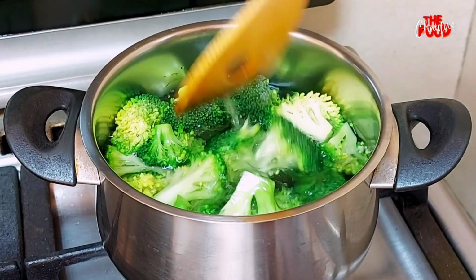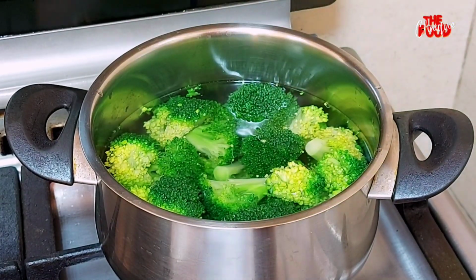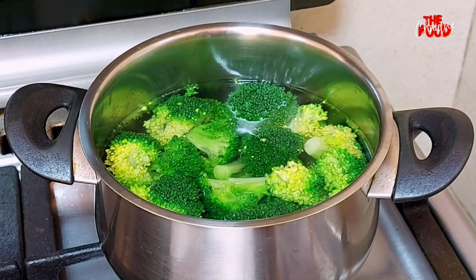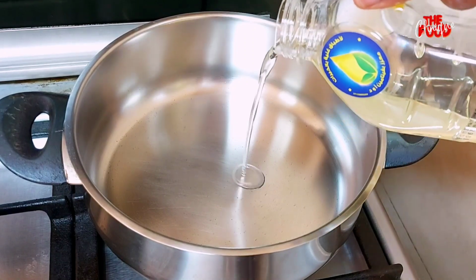We begin by soaking clean broccoli in boiling water for just 2 minutes. We then drain and put aside. So in a pan, we add some oil,